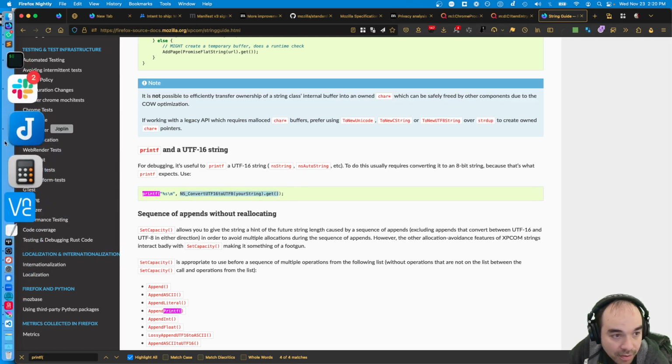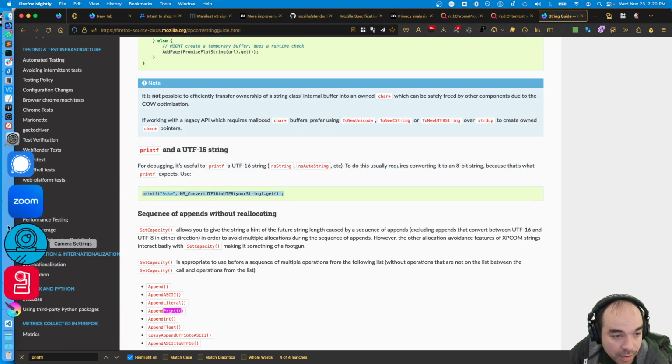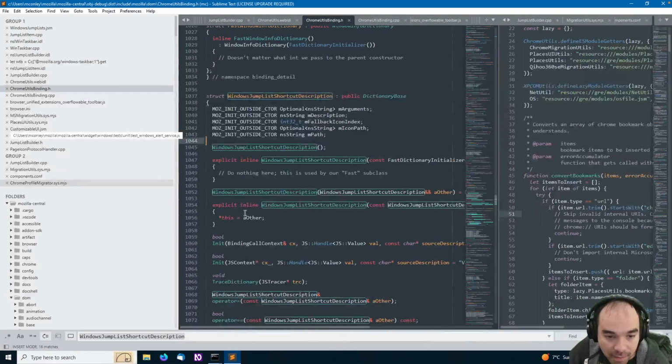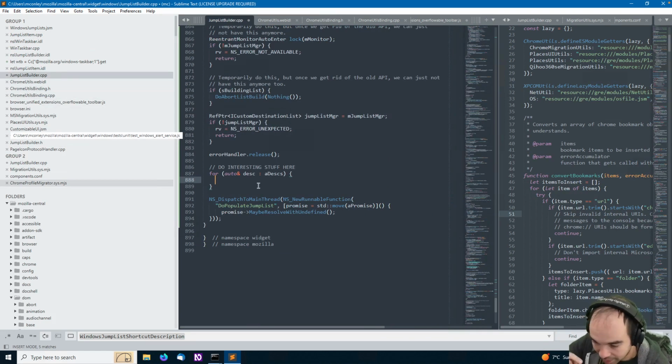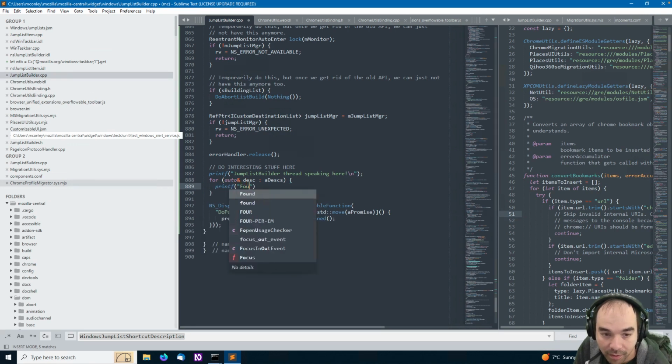So that's what we're going to do: we're going to print off of the main thread. We're going to print, which may or may not be hilarious because of the threading. It might come out in different orders, but we're going to say printf jump list builder thread speaking here, and we're going to printf found a description,